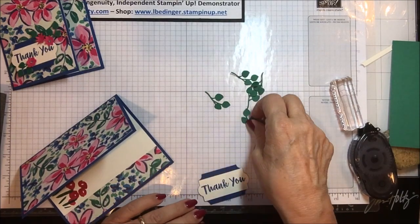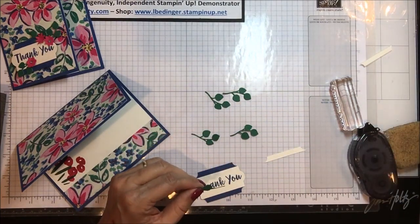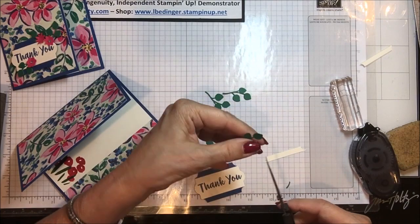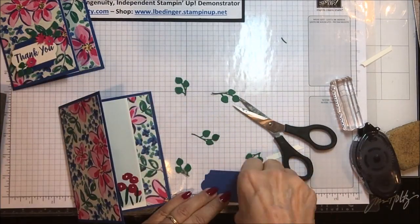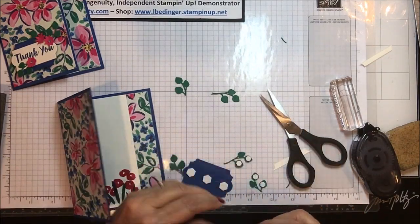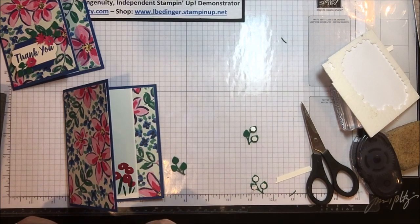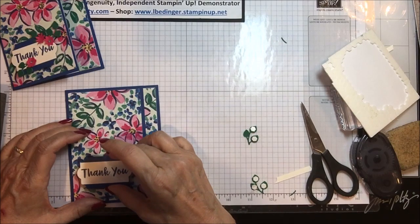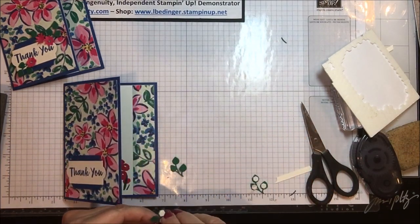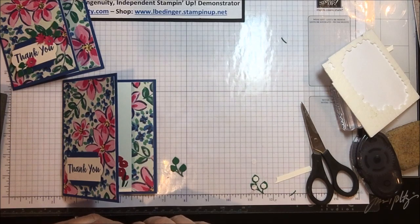And what I'm going to do is I'm going to put a few dimensionals on 2 of them, and I'm going to cut off the little stems here on these leaves. Okay, I think we're ready to go on this. And the first thing I'm going to do is I'm going to set this down right in here. There we go. All right, now on these little leaves, what I did was tuck them behind my thank you message,